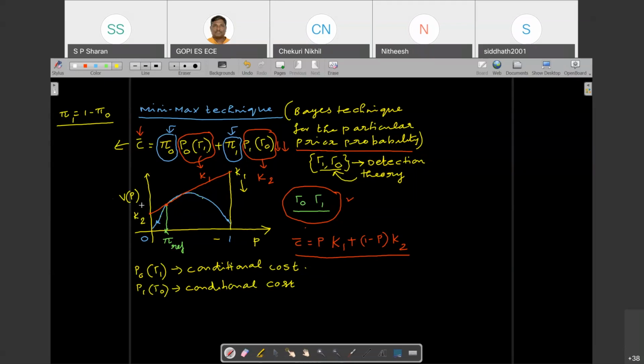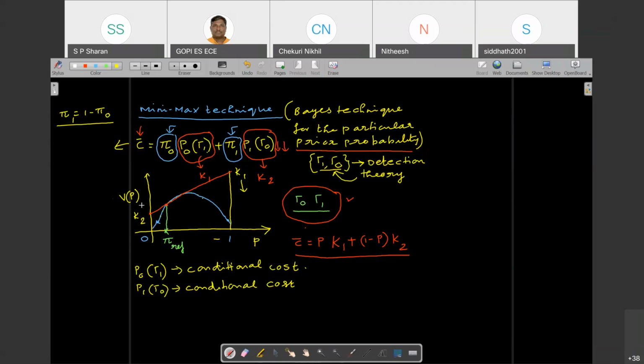So once you got this, you have this as a Bayes cost. In real time, even now, the prior may deviate from what we assumed. This is the assumed prior probability. Suppose that your prior probability is not going to be the same, right? Even if it is getting deviated, your cost function is not changing because it is a straight line. It is straight and it is not changing. Right? So we cannot say that it is the best. Always the Bayes is the best way to get the decision rule. There is no doubt in it.